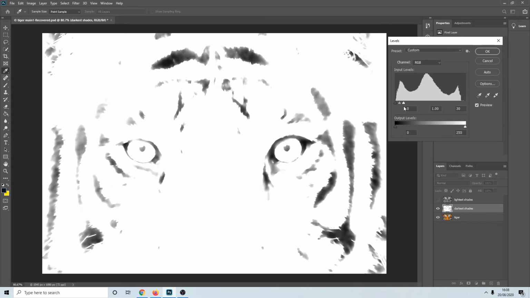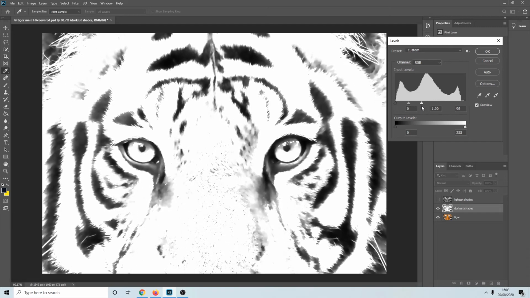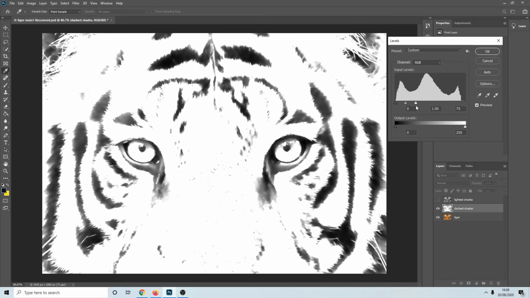So if we move it to around here, then don't click OK. Then look, if you notice, all these shades are the darkest areas, but they seem like you would assume that